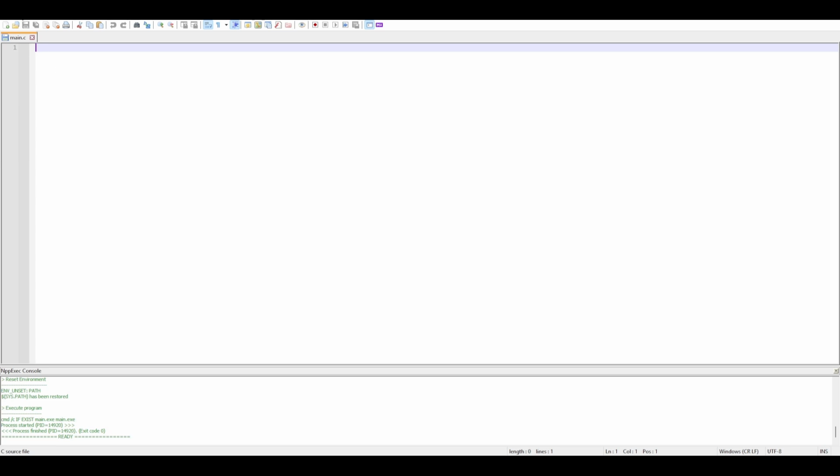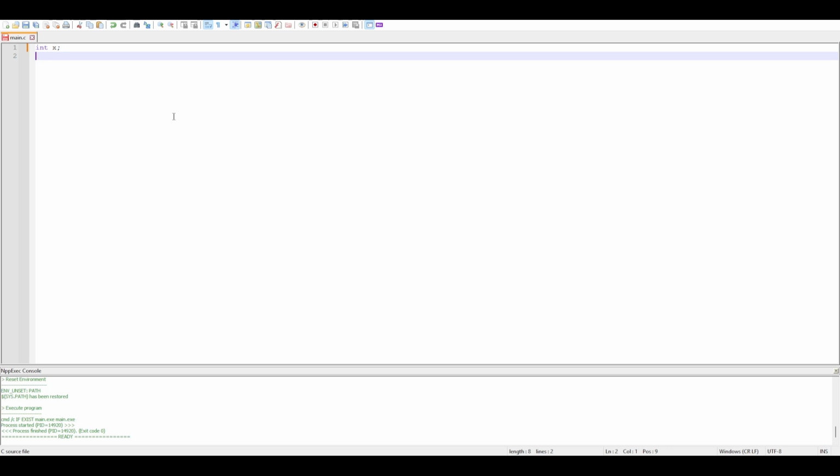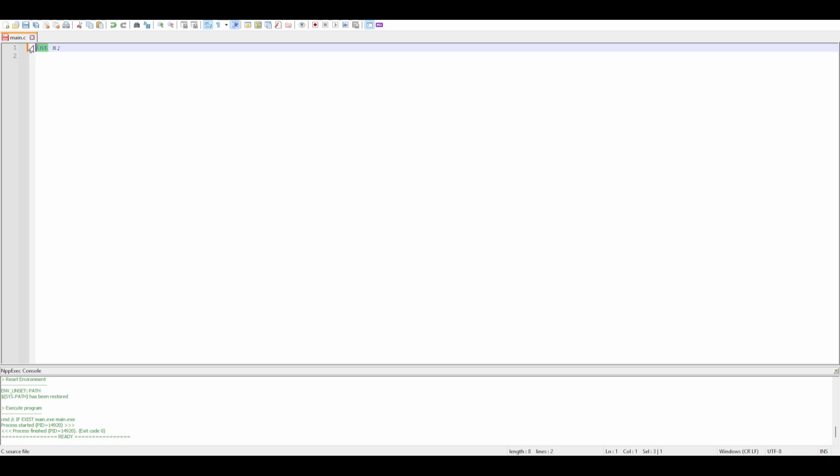Now, we're going to create our first variable. On the first line, go ahead and type int x semicolon. Congrats, you just created your first variable. It may not look like much, but what this line actually does is declare our new variable named x, so that the program will be able to allocate space in your RAM that can hold up to 4 bytes of information. The int stands for integer, meaning that this variable can be a whole number, such as 1, 5, -10,